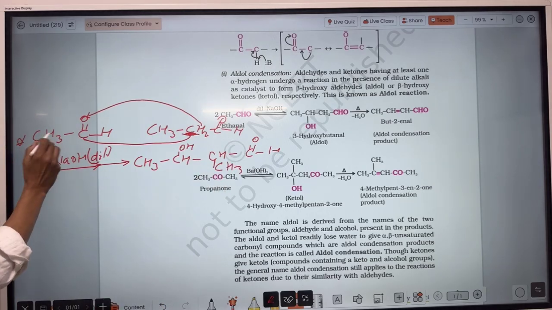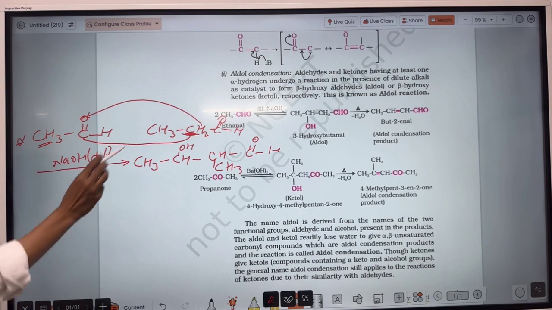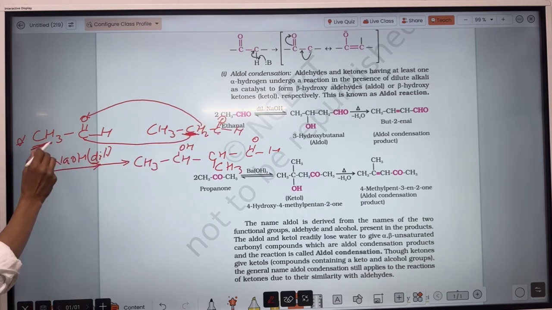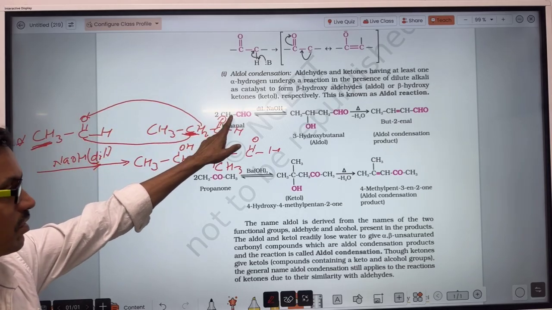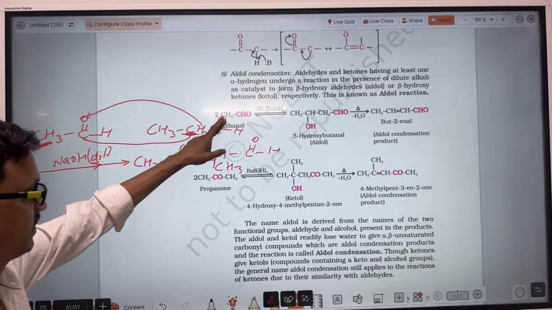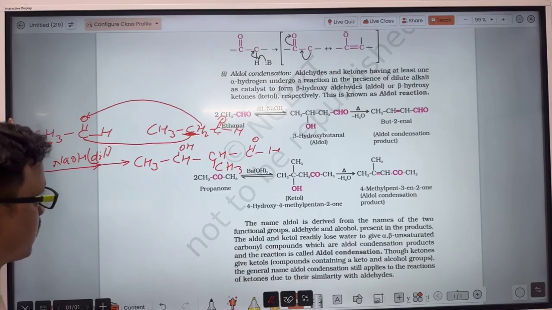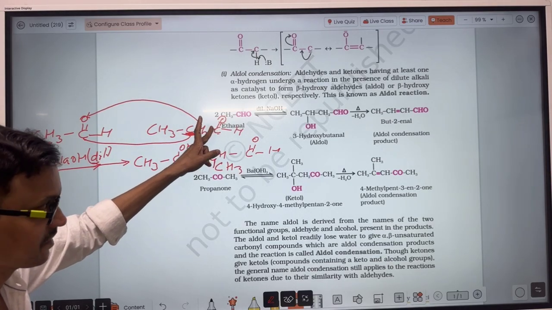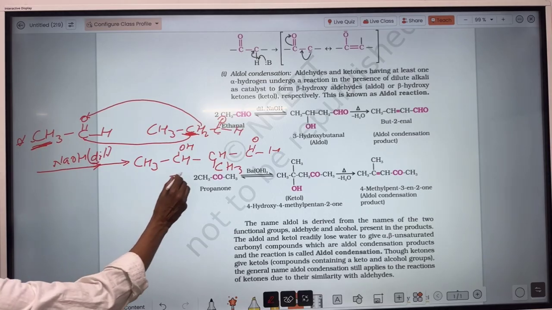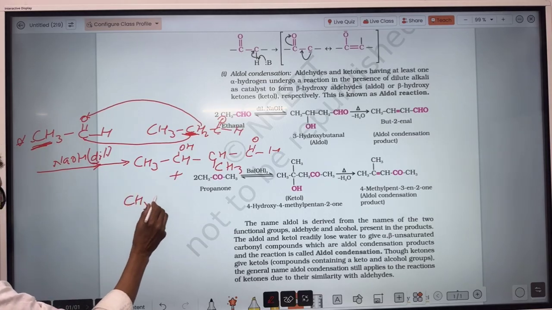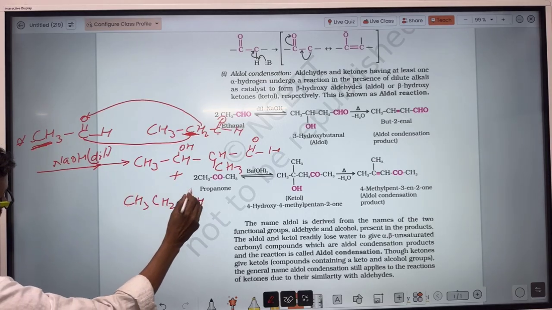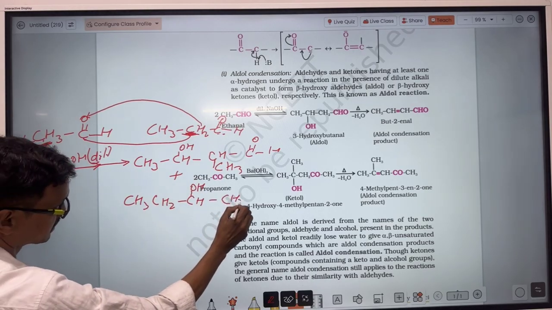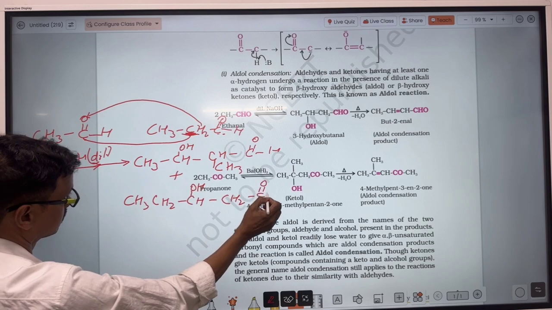Second, the hydrogen of this carbon may also go to this oxygen. Then this carbon will bond to this carbon. So what will be the structure? CH3, CH2, and it becomes CHOH. Then this carbon will get bonded to this carbon. So here will be CH2, and here